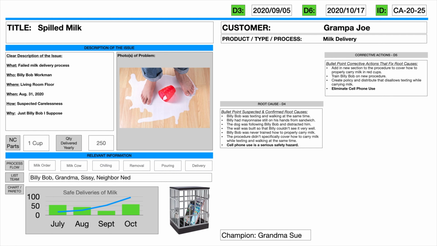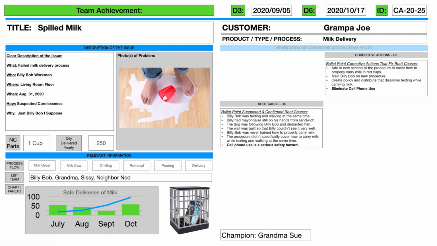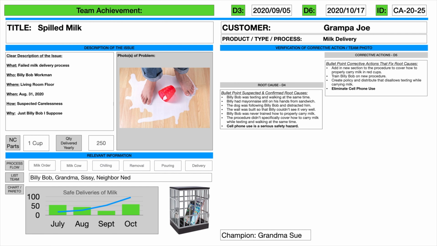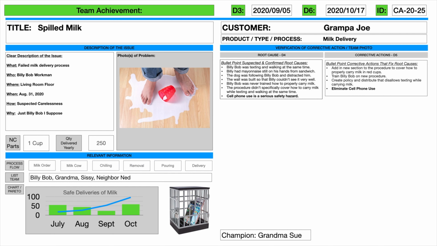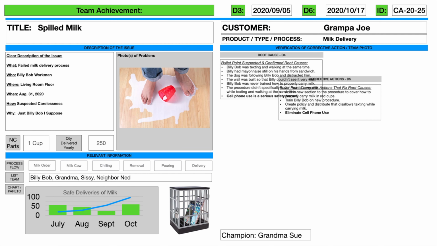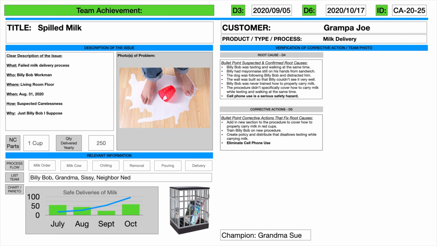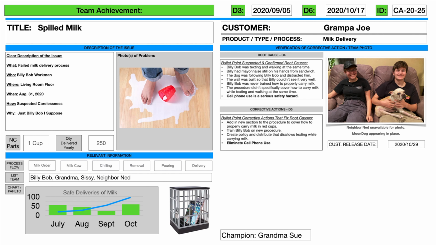To the same slide, let's add in the following: the team achievement banner and a verification of corrective action team photo banner. Take the D4 root cause block and slide it up, and place the D5 corrective action block directly underneath. Since we want to show off the team, post a shot or two here and then add a couple